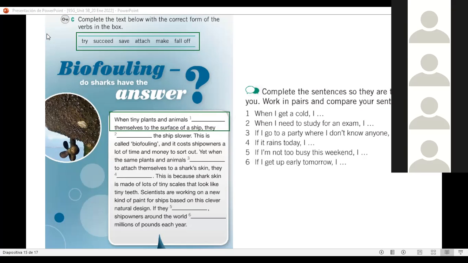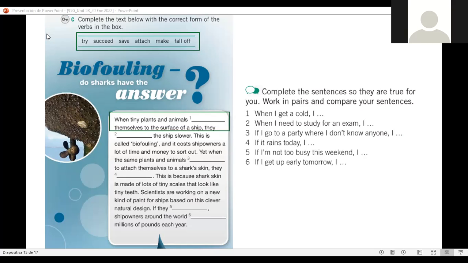Help me completing the first part, please, Eduarda. Can you help me with number 1? What would it be? ¿Cómo completaríamos esta lectura?